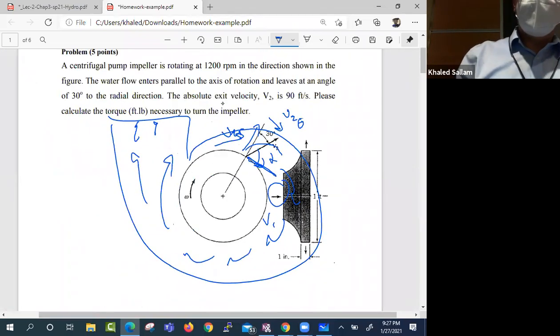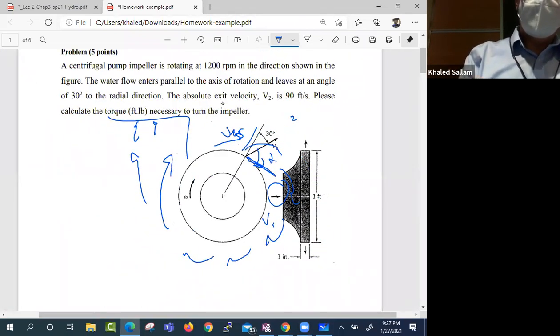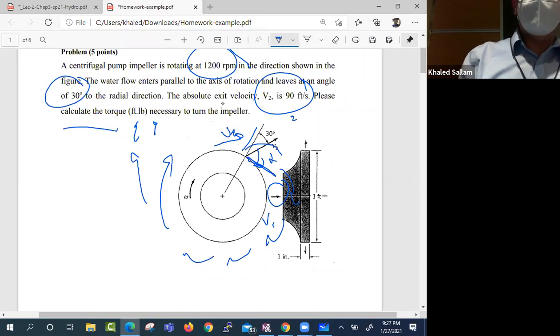Okay, so he's giving us the omega, but in RPM. And he's giving us the velocity at the exit, V2, and the angle. And he said calculate the torque. So